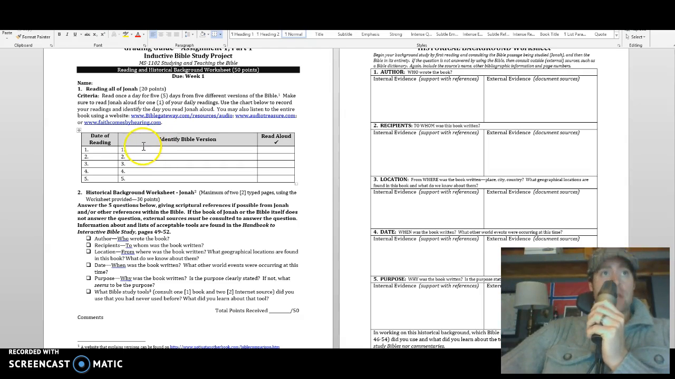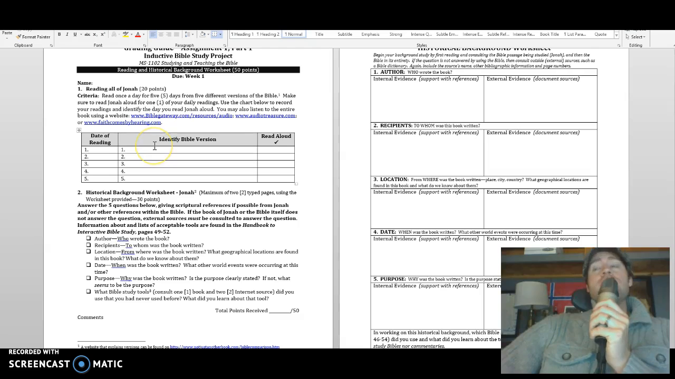In this first spot, you're just marking the date you read the Jonah reading. Read it 5 times, in 5 different versions. Again, you only have to read it aloud once. You can use Bible Gateway and some of these other links if you would like, to have it read to you while you're studying or doing something else. But the point is that you're going to have it read to you or read it 5 times in 5